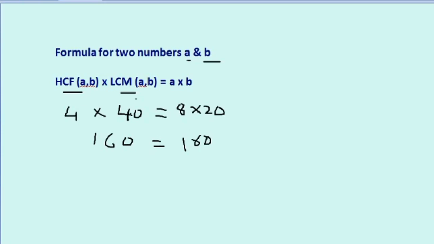See, if there are two numbers, then we can easily find this by formula. Some more questions in 10th standard and in competitive exams you receive this type of problems where one number will be missing. They will give A and B and they will give LCM of A and B and they will ask you to find HCF. So no need to find the HCF by factorization. Just HCF into LCM is equals to A into B. You use this formula and you can easily find the LCMs.